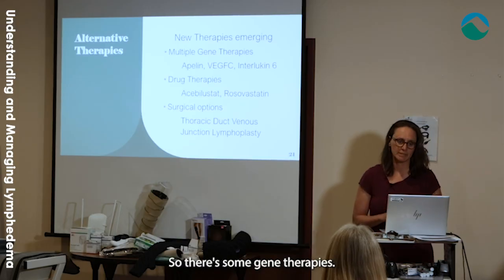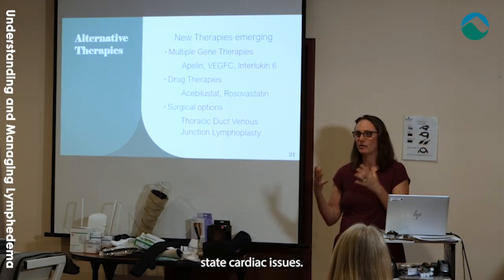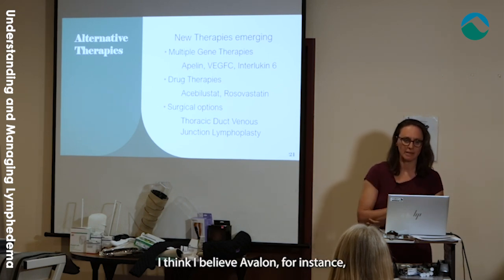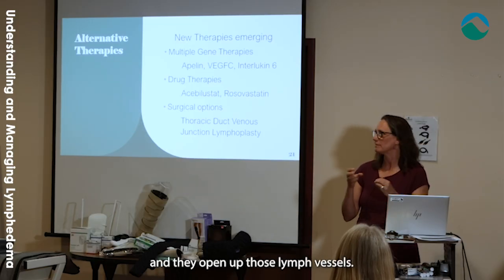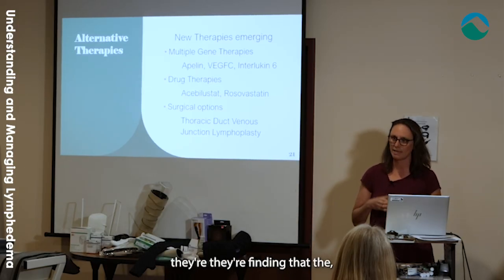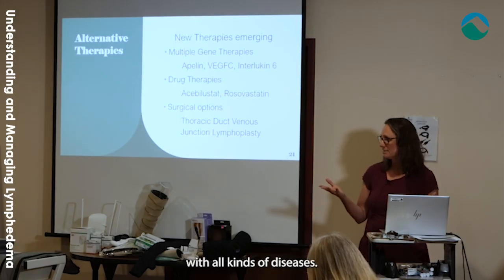So there's some gene therapies, there's some drug therapies. They definitely tie into, say, cardiac issues. I think apelin, for instance, has helped with cardiac issues, and they open up those lymph vessels. So if the lymph vessels are not allowing the fluid to leave, causing something like congestive heart failure, they're finding that the link to the lymph system is making a big difference, and it can maybe help with all kinds of diseases. They mentioned